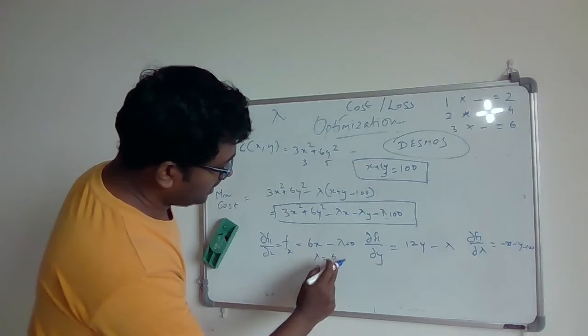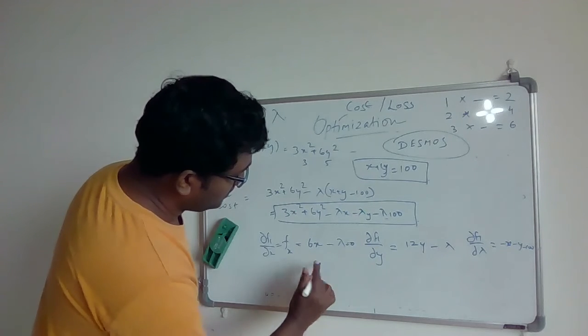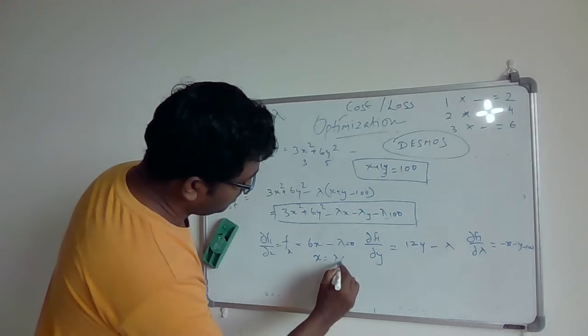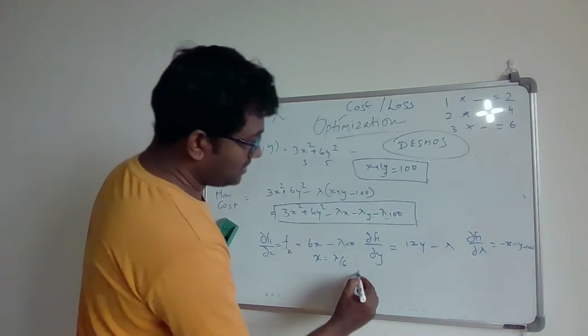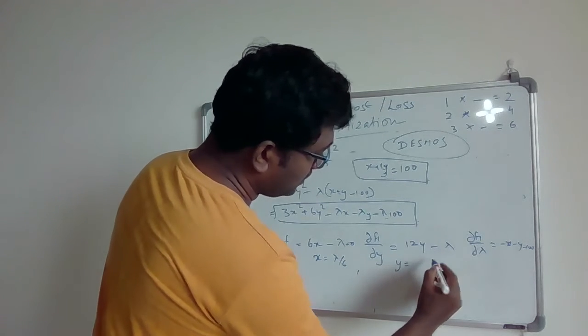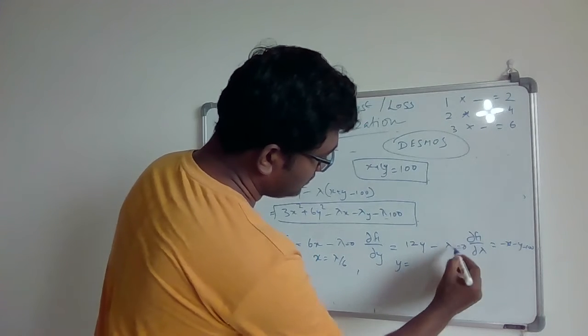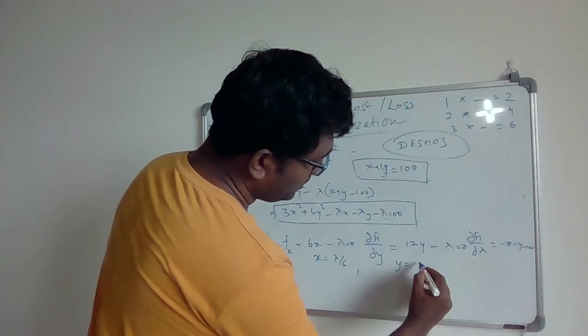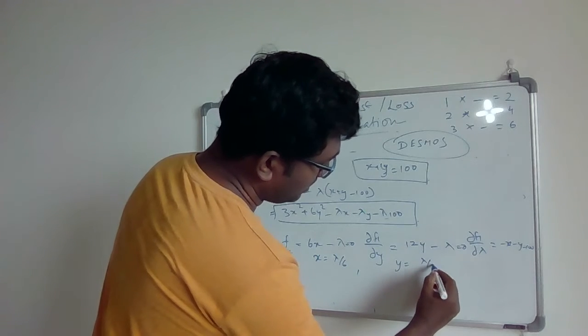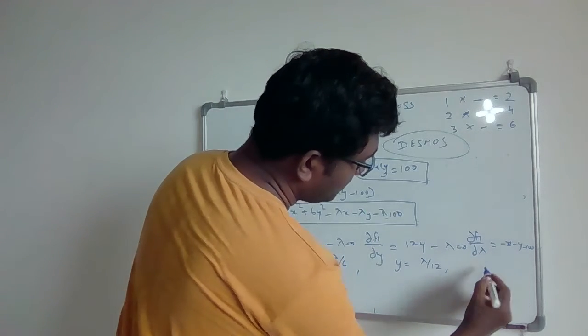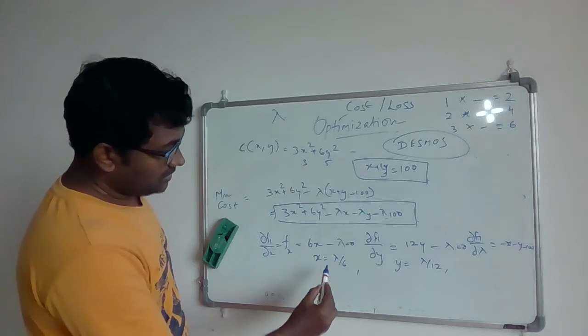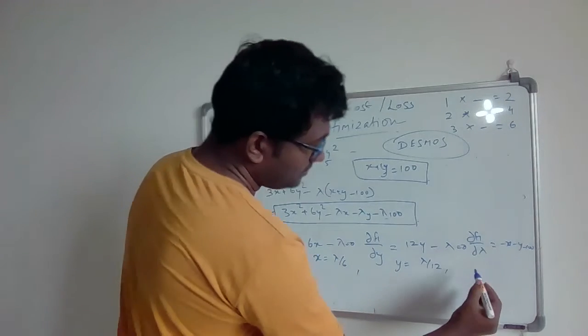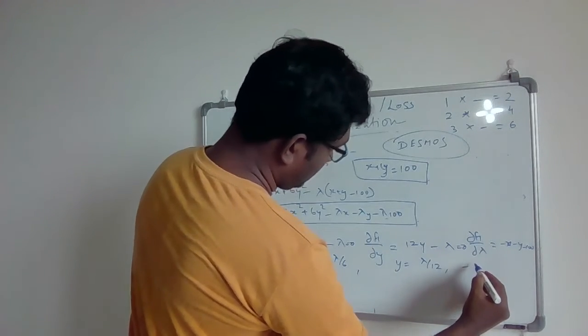Okay, this goes here, lambda. So x is equal to lambda by 6. This is what x means. Then y, if you also set this to 0, y is equal to, this goes here, y becomes lambda by 12. And here, okay, now if you substitute this x and y in this equation, it becomes minus